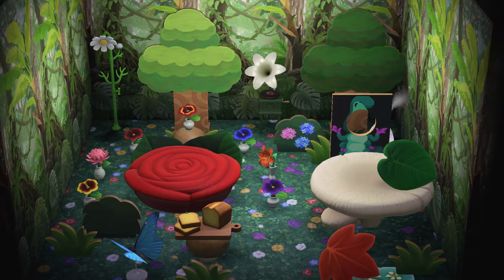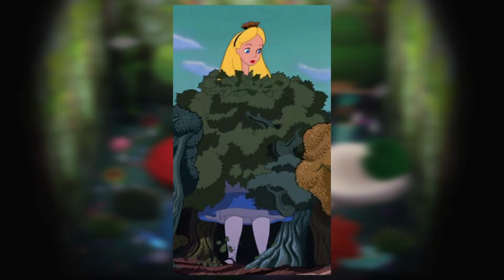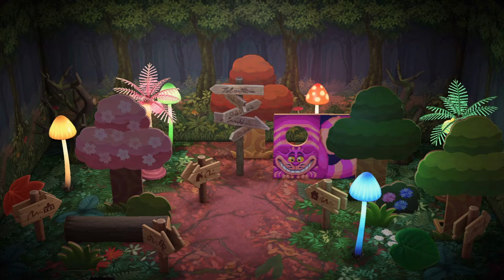Then after the whole scene with the caterpillar and then her eating a piece of bread and becoming big and then small again, she ended up in the forest where the Cheshire Cat is. I really love this room and I had a lot of fun with it because I was creating all of these signs. The only thing that really bugged me is the destination sign didn't align with the tree, which was